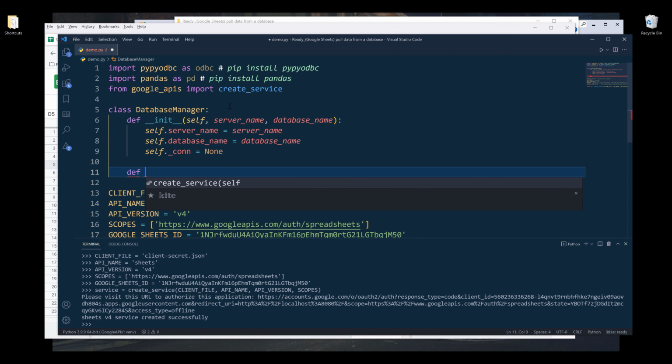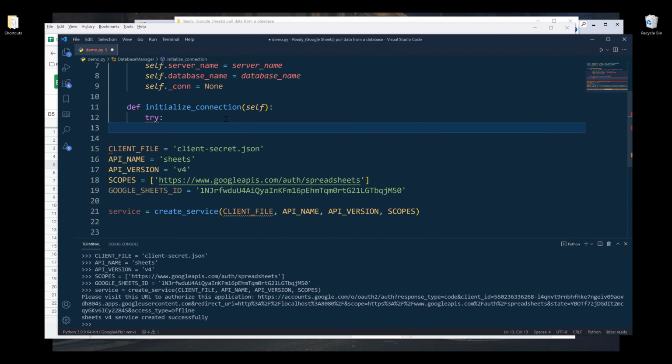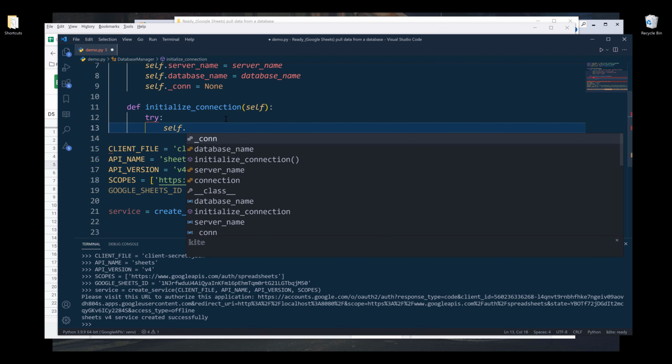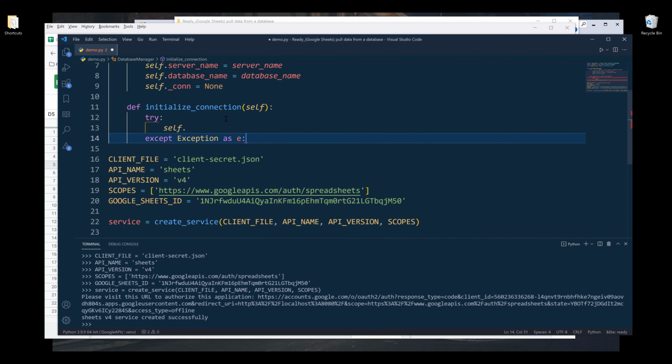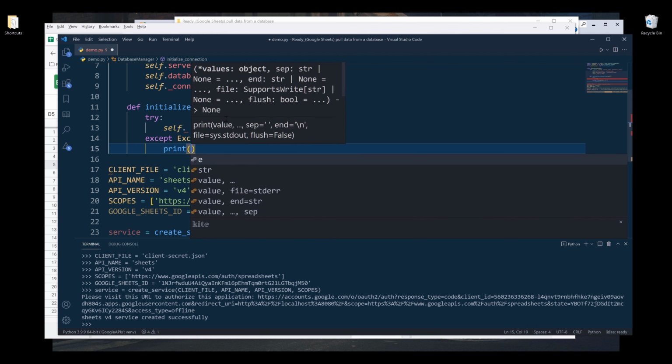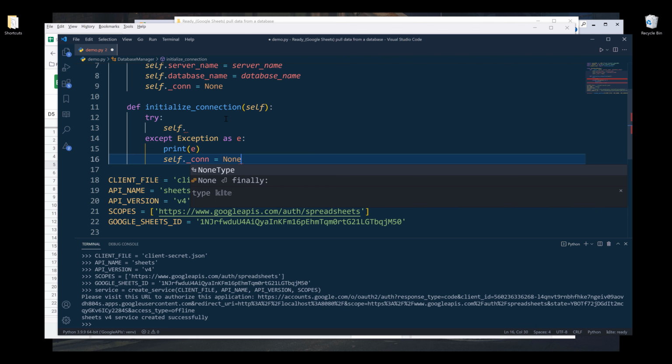Now here I want to create a method called initialize connection. This function is going to connect to our database system. So inside the initialize connection method, I'm going to insert a try except block. For the exception, I'm going to print the error message. Then I'll set the connection object to None. Inside the try block,